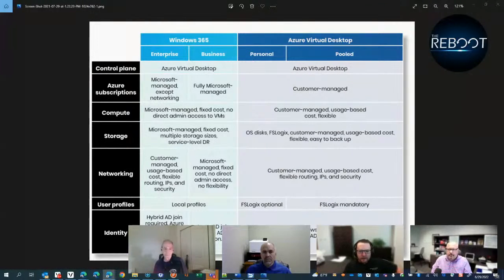One of the vendors we work with shared this at one point. What you'll see between Windows 365 and Azure Virtual Desktop is that the connection and control plane is the same. It's still managed by Microsoft, technically speaking. But there are a lot of differences with Azure Virtual Desktop in the underlying network infrastructure that's required. With Azure Virtual Desktop, you need to have shared profile capability. So you need a file server, or some type of storage. You don't have to use a file server, there are other ways to do it, but I want to keep things simple.